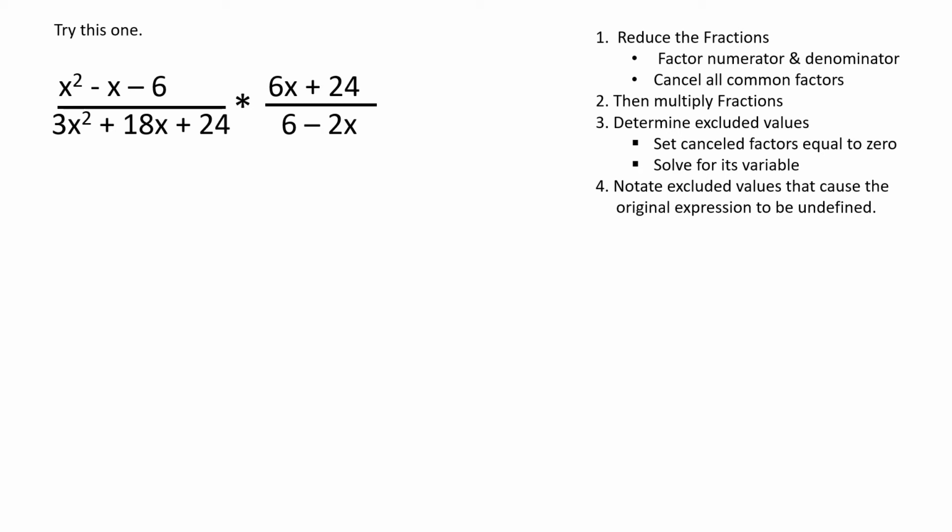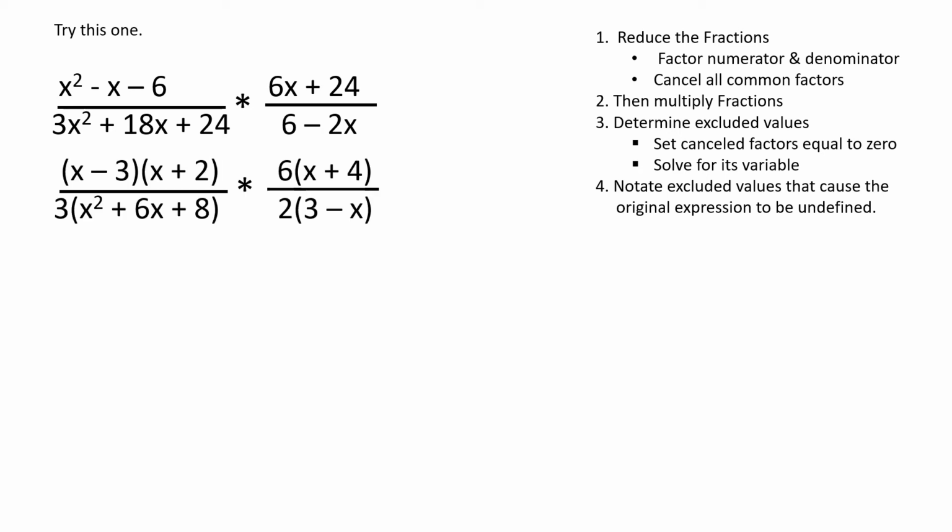And now hopefully you've had time to do that. We're going to go ahead and factor the trinomial on top. And there's a GCF here of 6 on top of the second fraction. There's a GCF of 2 on the bottom of the second fraction. But now let's look right here. This one, before you factor this, remember, what's the first thing you always ask yourself? Is there a GCF? There was. There's a GCF of 3. So make sure you factor out that 3